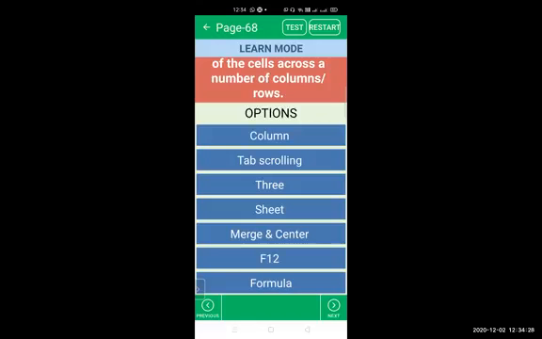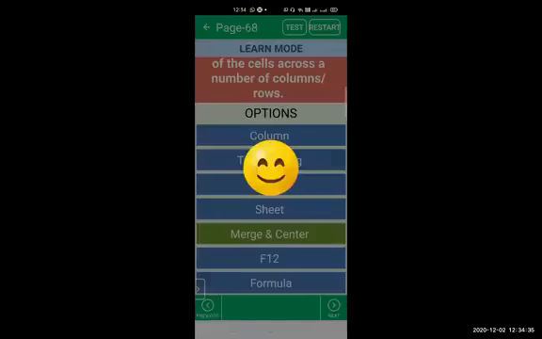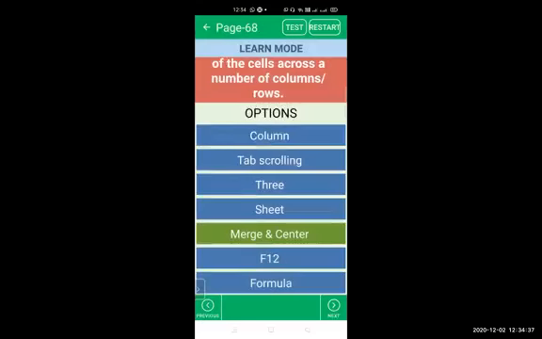Which button places the contents in the center? Merge and center. Again, Supriya Kangotra is giving. So merge and center is the correct option. Second blank is merge and center.